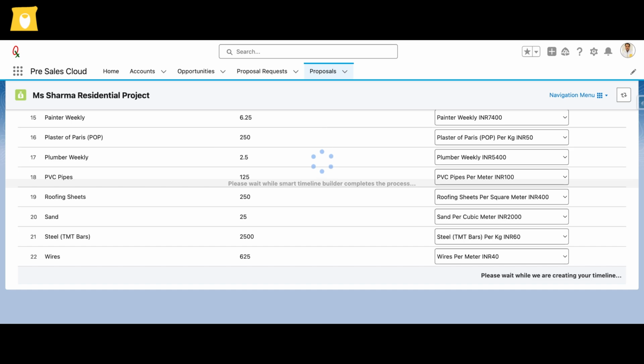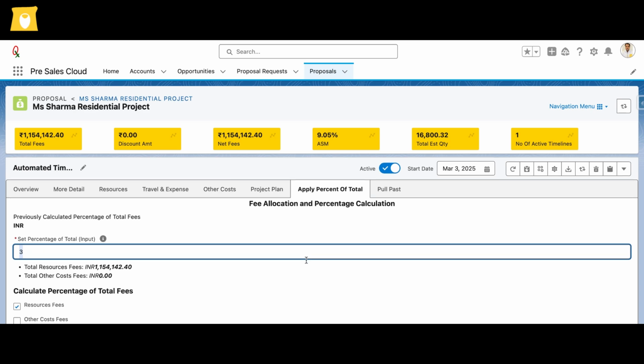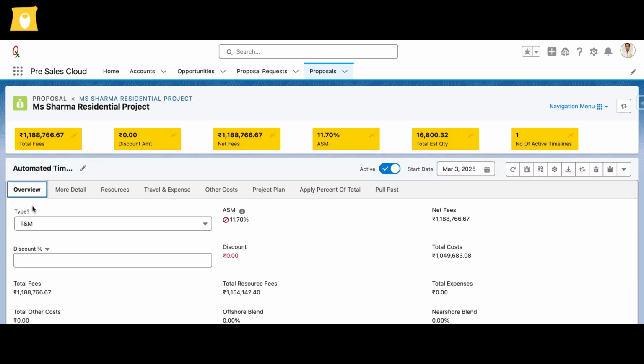With the timeline now ready, Rohan applies a 3% fee for administrative expenses and presents the final project estimate to the customer, showcasing it in a clear and organized timeline view for easy